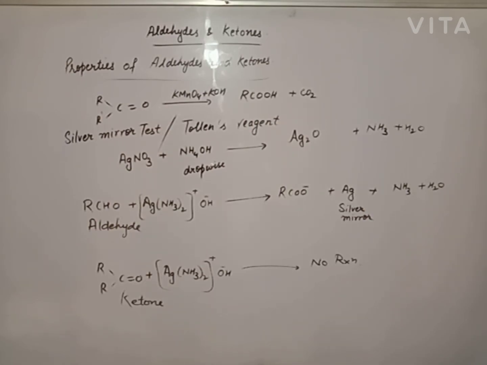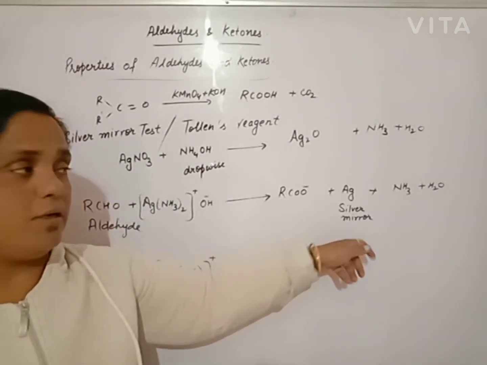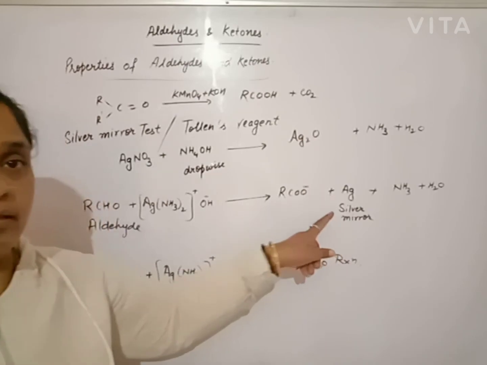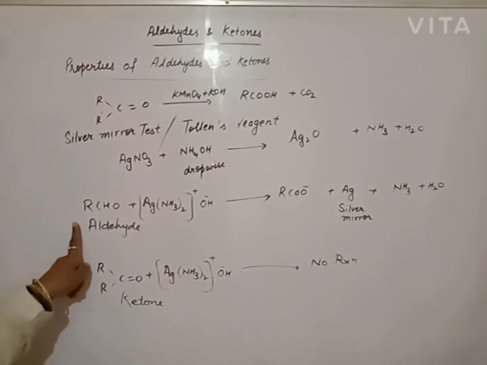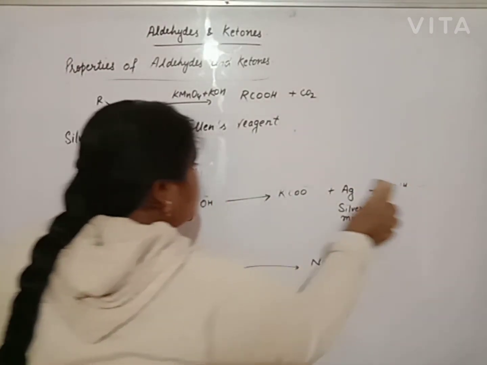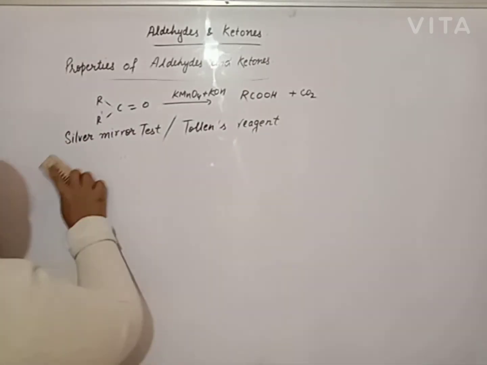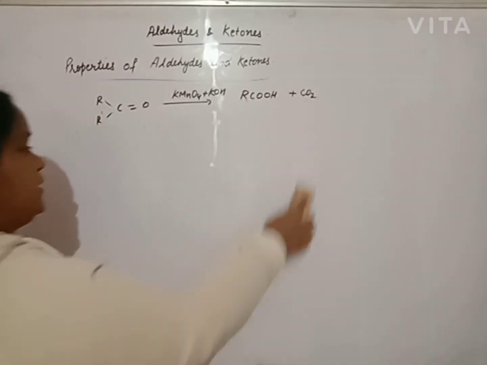If we have ketone, the silver mirror test is negative. But if we have aldehyde in our test tube, beta, silver mirror is the product formation which gives identification that our compound contains aldehyde. In the same way, another test is the Fehling solution test. Beta, next one is the Fehling solution test.